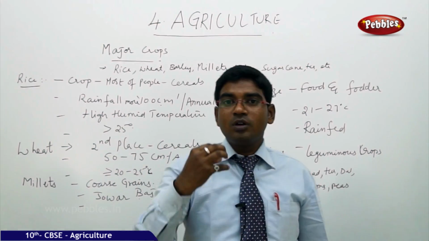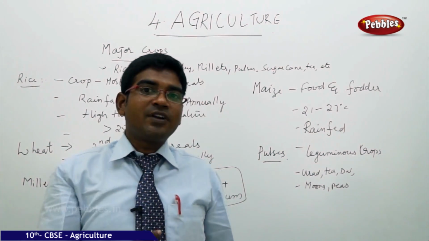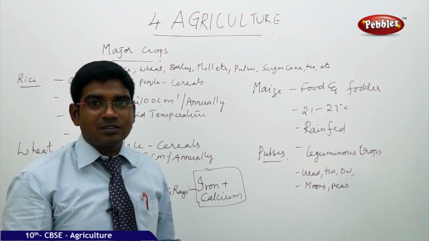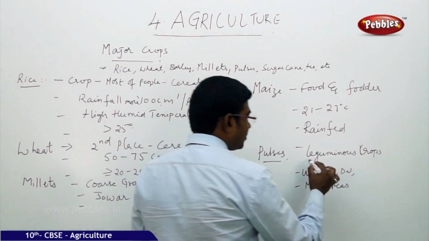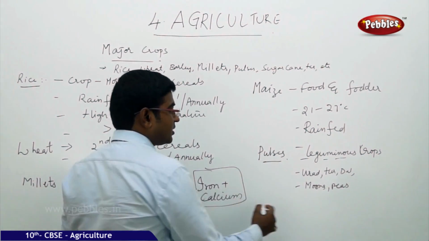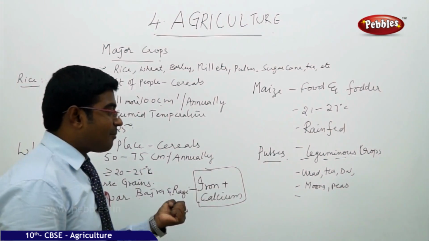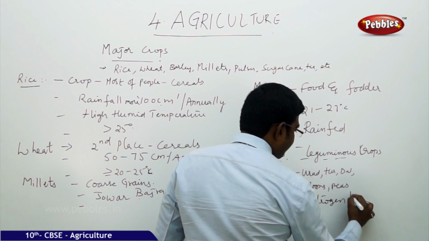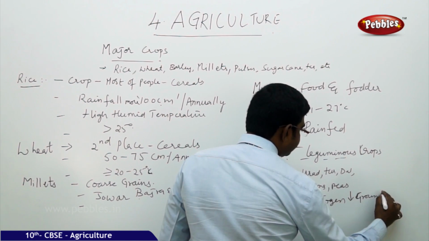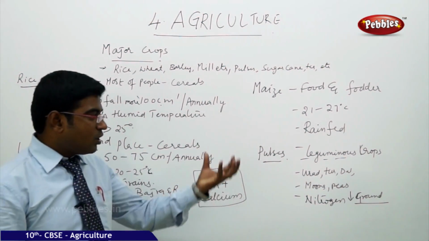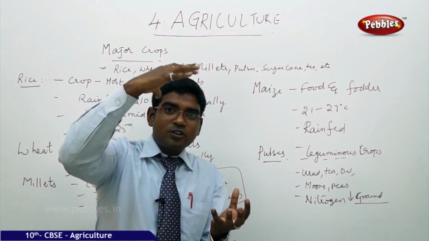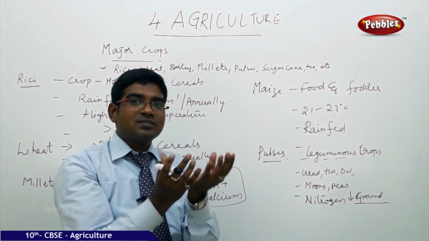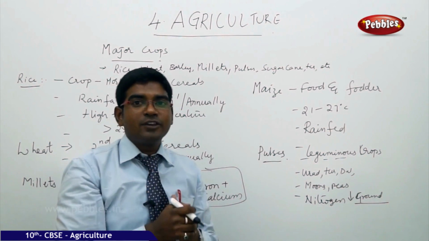How is it possible to do cultivation and rebuild the fertility of the land? How can we increase the fertility of the land? That is possible only by pulses crops, because that is the reason why it is also known as leguminous crop. In the seeds of pulses, they have a capacity to restore nitrogen back to the ground. So in the field, when you are using the pulses crop, it restores the nitrogen which is in the air to get back into the land, and then when nitrogen is going deeper into the lands, the land becomes more and more fertile and gives more and more output.